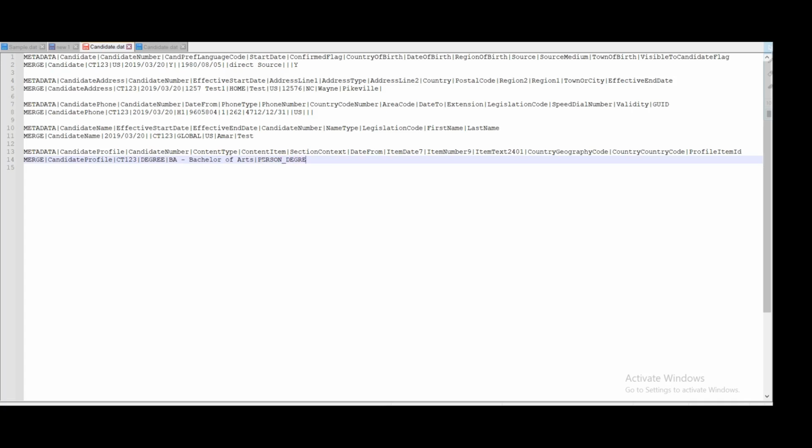So section type for degree: as we are loading these per person details, the section context will be person degree. So mention the date from which you want to start these profile details. Then atom date.